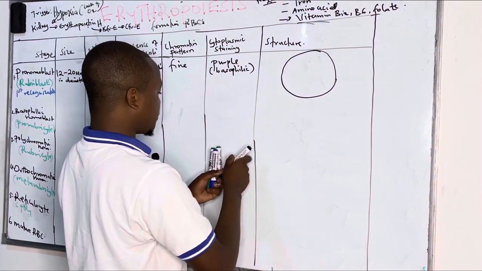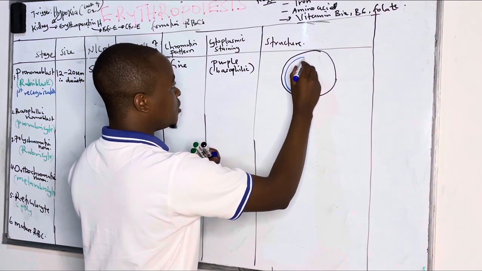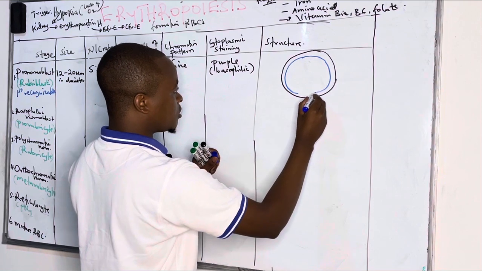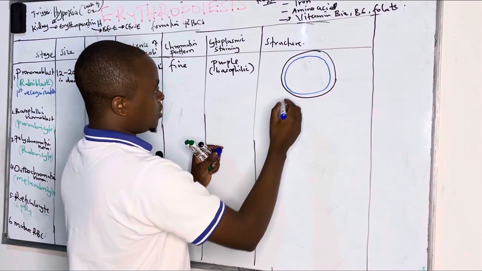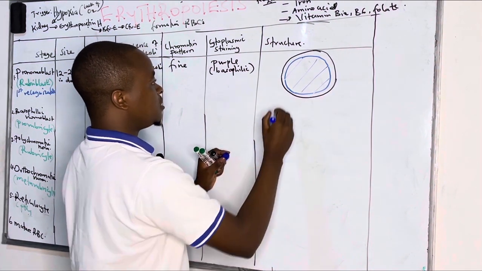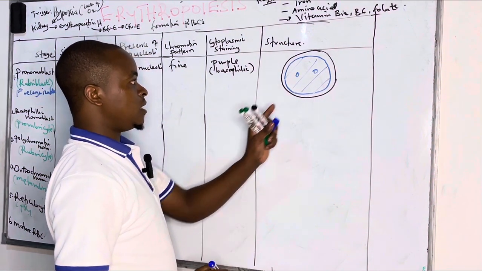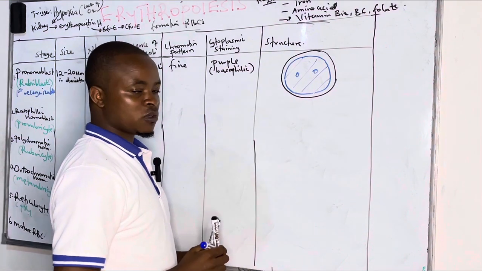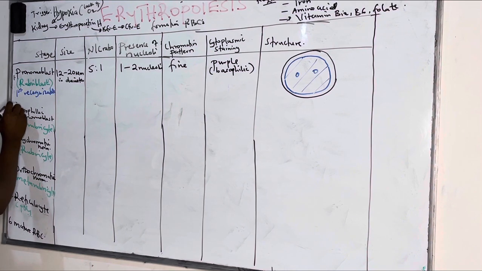And whereby the nucleus is covering almost the whole cell, and sometimes it is round. The nucleus is round, and the chromatin pattern is fine. It has fine chromatin pattern with 1 to 2 nucleoli. And this cytoplasm stains basophilic. This is the pronormoblast. After seeing the pronormoblast, or what we call rubiblast, which is the first recognizable stage,